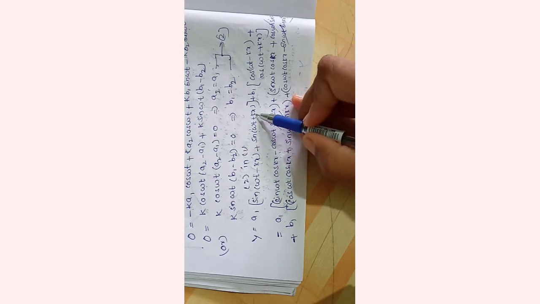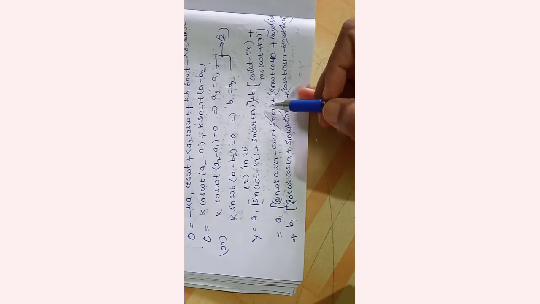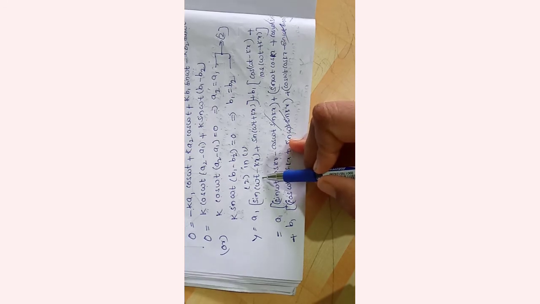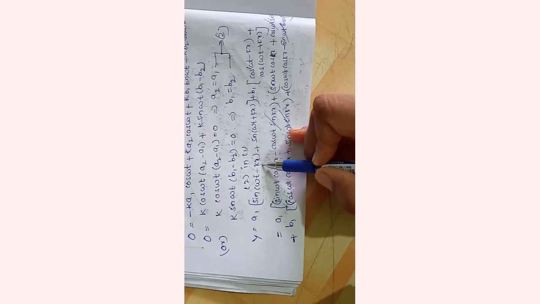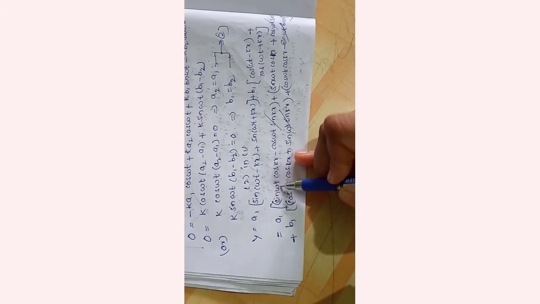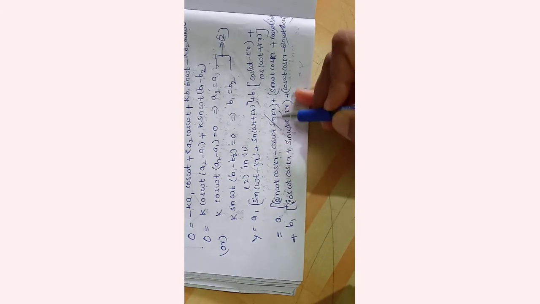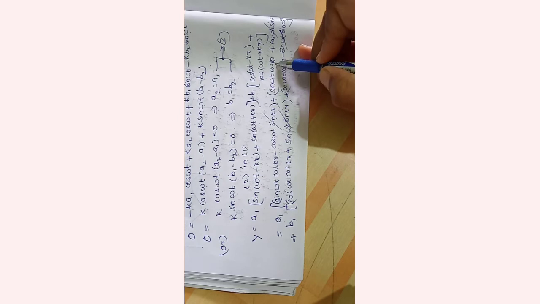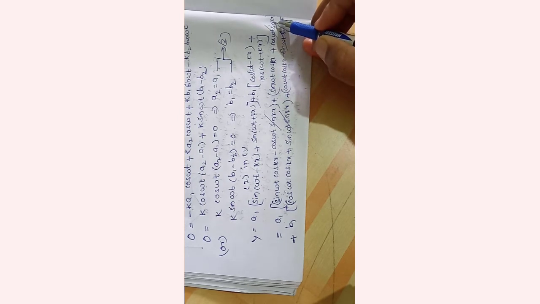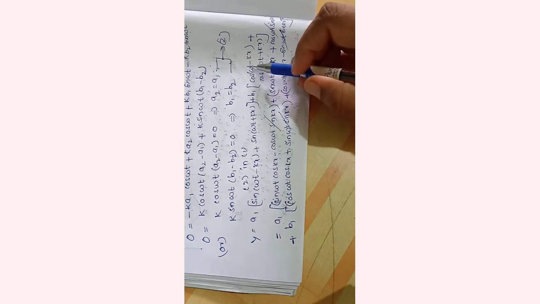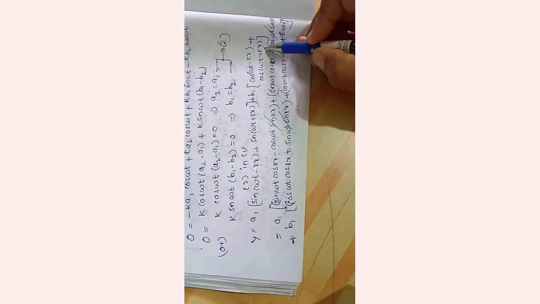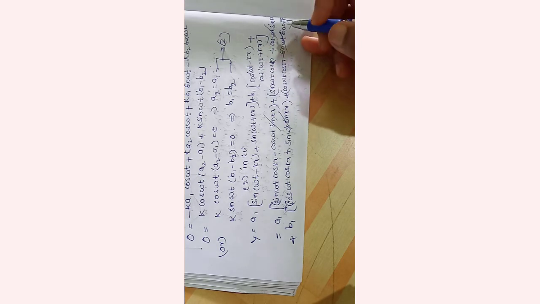Similarly, sin(A+B) can be written as sin A cos B plus cos A sin B. So writing in place of A omega t, in place of B kx, we get A1 [sin omega t cos kx minus cos omega t sin kx plus, now for this, sin omega t cos kx plus cos omega t sin kx], plus, similarly, cos(A-B) we will write as cos A cos B plus sin A sin B, and the formula for cos(A+B) is cos A cos B minus sin A sin B.